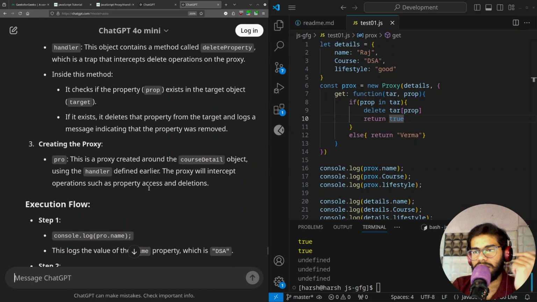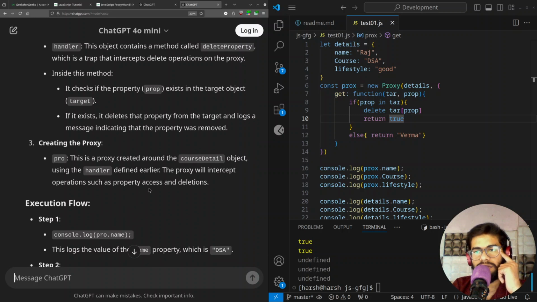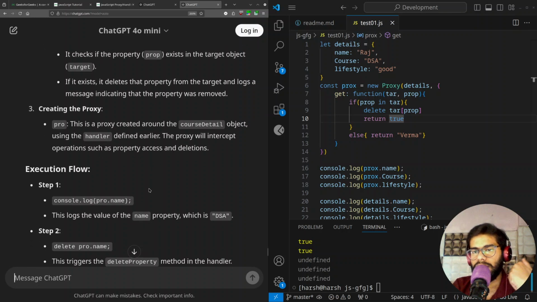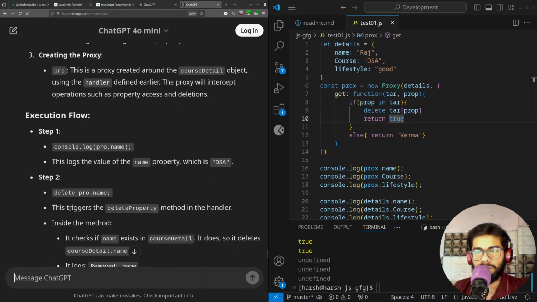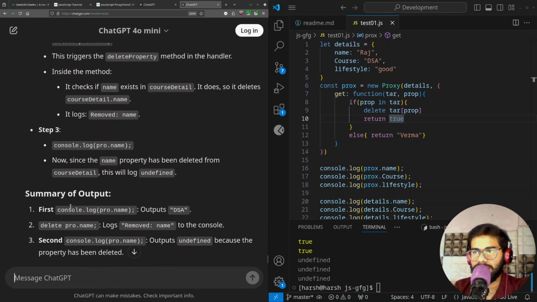Creating the proxy. This is a proxy created around the course detail using the handler defined earlier. The proxy will intercept operations such as property access and deletion. How does the execution flow? Step 1 is the console.log of proxy.name. This logs the value of the name property, which is DSA. Step 2, delete proxy.name. This triggers the deleteProperty method in the handler. Okay, and inside the method, it checks if the name